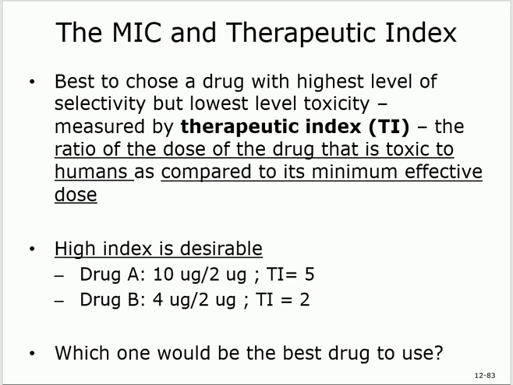Meaning, just think about it this way. If I give you a medication that the minimum effective dose is 2, and it's toxic at 4, is that good? Like if any mistake happens, it's toxic. This is bad, right? But if I give you 2 is effective and 10 is toxic, this is a better medication, right? Because if I give you 4 for some reason, it's not going to be toxic, right? Even if I give you 6. So the bigger the index, the better the medication is.